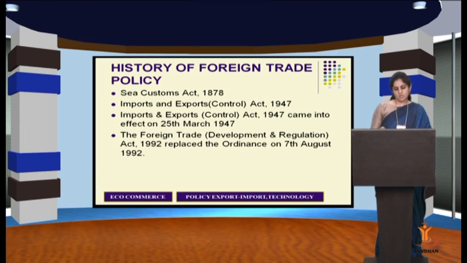Now, in this Foreign Trade Regulation Act 1992, Section 5 enabled the central government to formulate and announce the export and import policy, and also to amend the policy too. It provided for the appointment of a Director General of Foreign Trade to advise the central government in the formulation of the export-import policy, and even be responsible for its implementation too.